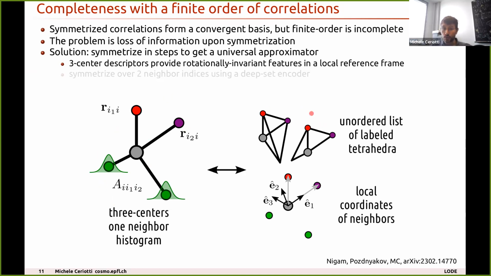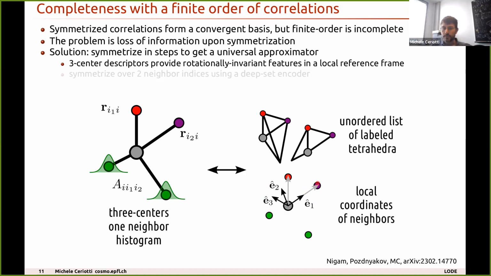information that we need, because the two neighbors that we have selected, essentially, if they are non-collinear, they define a local coordinate system, and within this local coordinate system, having the histogram of the neighbors is enough to characterize the position of all the neighbors. Now, the problem that you have is that this description is invariant to rotations, because basically we pick only the invariant part of this correlation with two tagged neighbors, but it's not invariant with respect to the labels of these